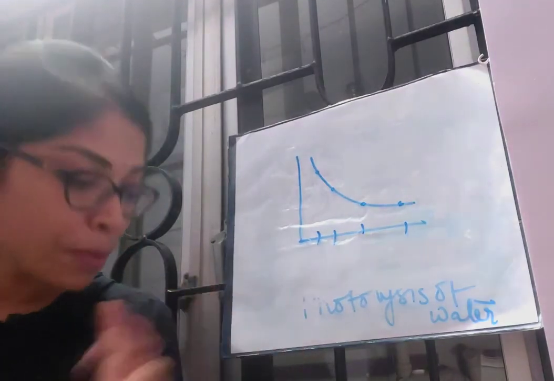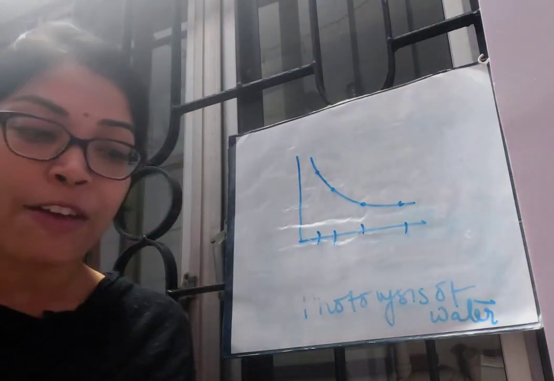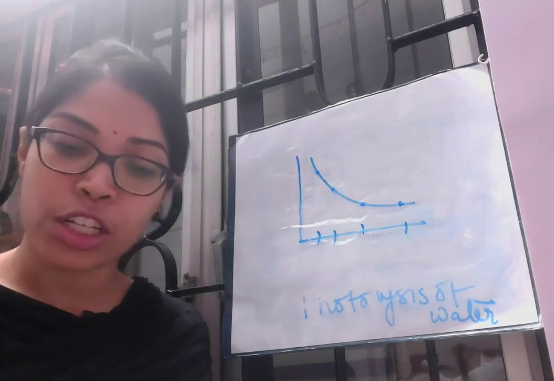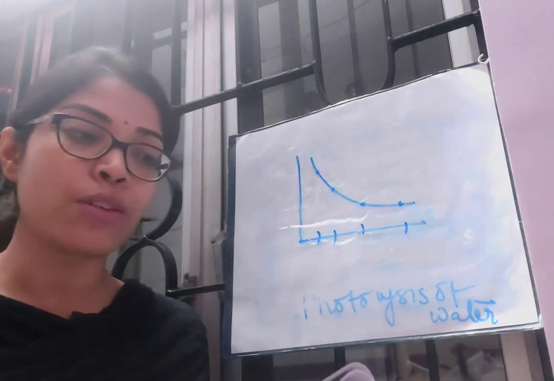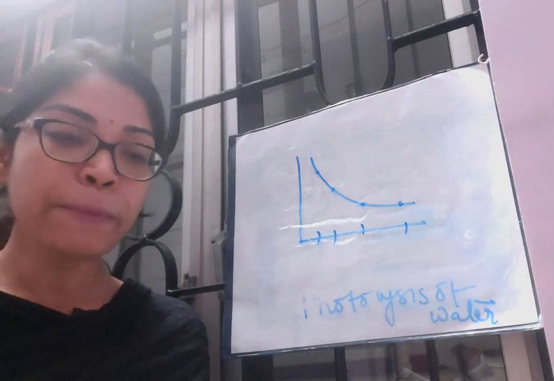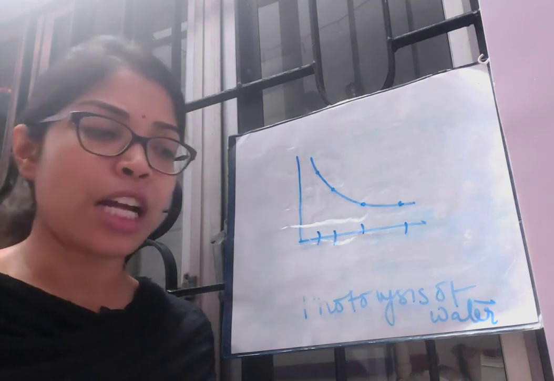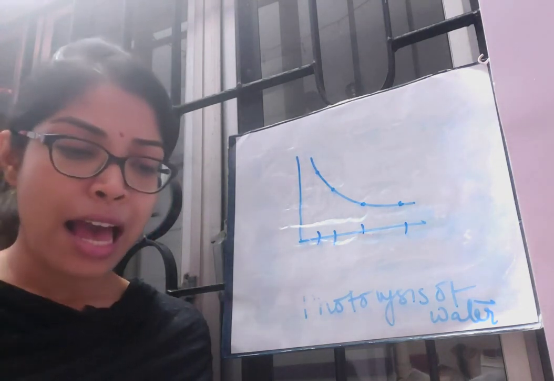I hope this part is clear to you all. You will have to learn the one line definition of absorption and action spectra from the book, but it is very, very important. In the next video I will start with the mechanism of photosynthesis, and there you will